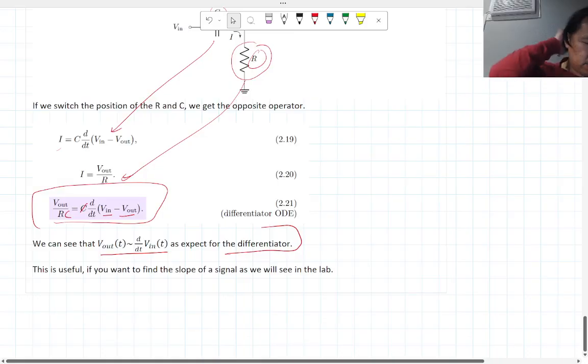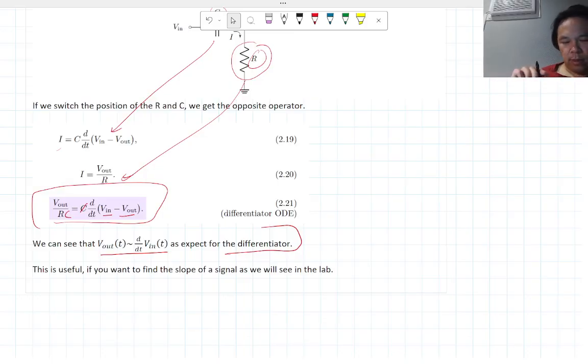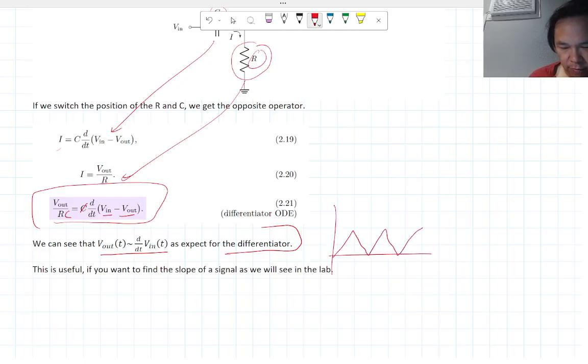A cool thing about this circuit is that it allows you to find slopes of functions. Let's say you have a function maybe like this, a little triangular function. What the output is going to look like is you're going to have positive and negative, positive and negative, because here you have a positive slope, here you have a negative slope, and you can actually do differentiation using circuits. And that's